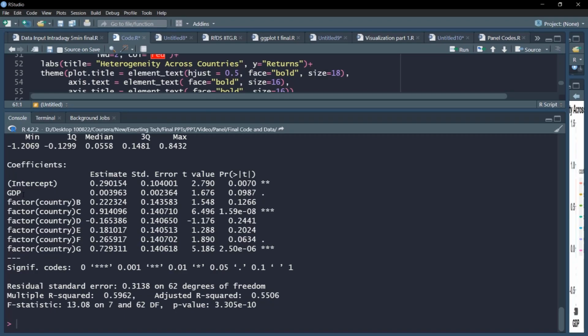And we can see now in the output, we'll be focusing on the coefficient of the GDP variable, which has now become significant at 90% confidence. So it has become significant at a significance level of 10%, or what we call a confidence level of 90%, which shows that when we explicitly accounted for the individual country-specific heterogeneities, then our model shows some clarity, with the GDP variable being significant at 10%.